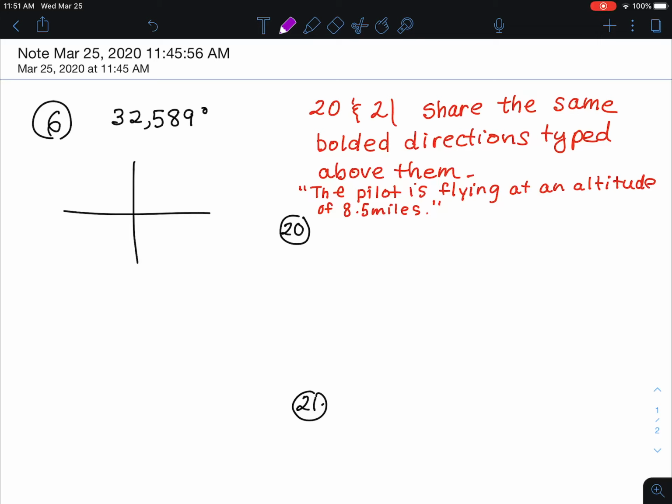Okay, hey, I wanted to send this out. Just got a few questions on the 12.1, 12.2a worksheet, particularly with number 6. That is a gigantic angle,